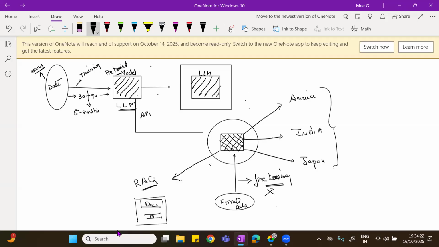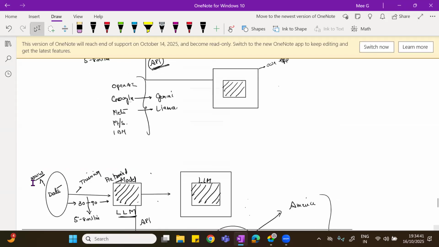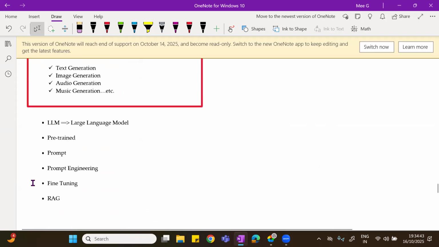Okay, this is RAG. RAG is important wherever there is any job related to generative AI; nowadays RAG is a very, very important concept. Because with fine tuning, there are so many complications. So we will avoid fine tuning, and then we will go with it. Here you can see the pre-trained, fine tuning, and RAG.